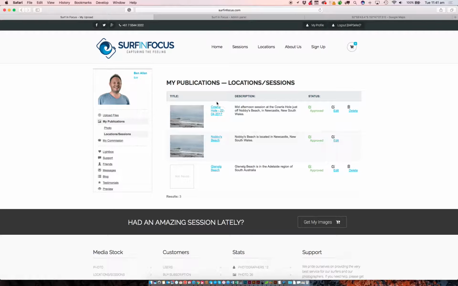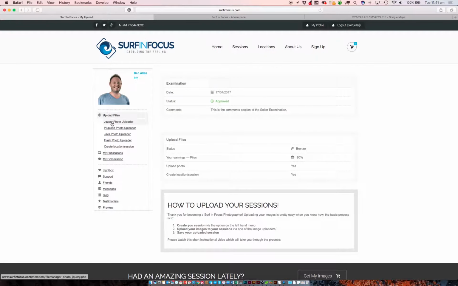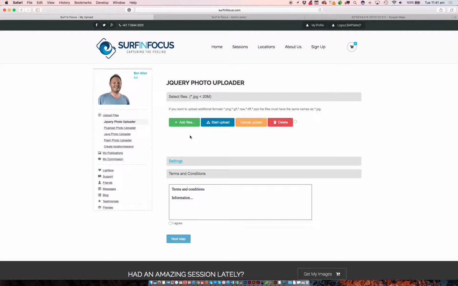Okay, so there is our session ready to upload our images into. So what we've done so far, we've created the beach, and then we've created the session. Now we're going to go to upload files. Use the jQuery photo uploader is probably the best one to use, unless for some reason it's not working with your browser or your system. Then there are a few other options as well, but we're going to use the jQuery uploader,